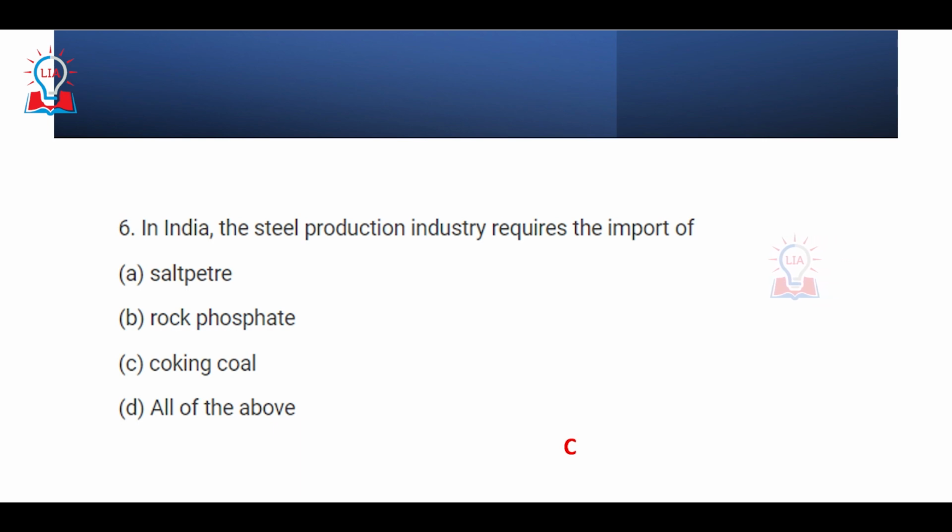The sixth question again is related to minerals, where it has been asked that as far as steel production in India is concerned, what India actually requires for import. So we have saltpeter, rock phosphate, coking coal, and D. The correct answer actually is coking coal. India is dependent on the import of coking coal, which is largely imported from Australia and Indonesia to be used